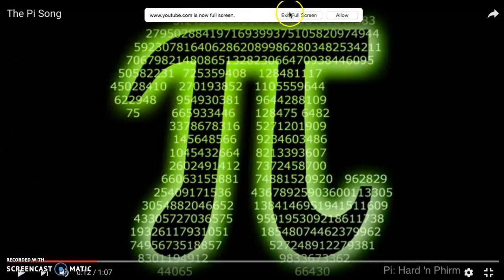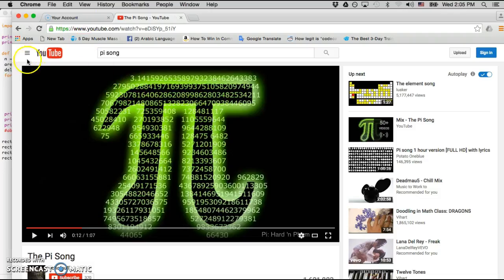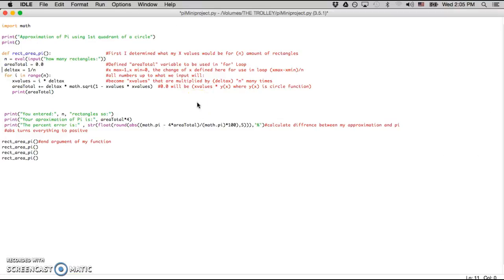3.141592653589793238462643. Okay, that was the lovely pi song, and this is my program that approximates pi by summing the area